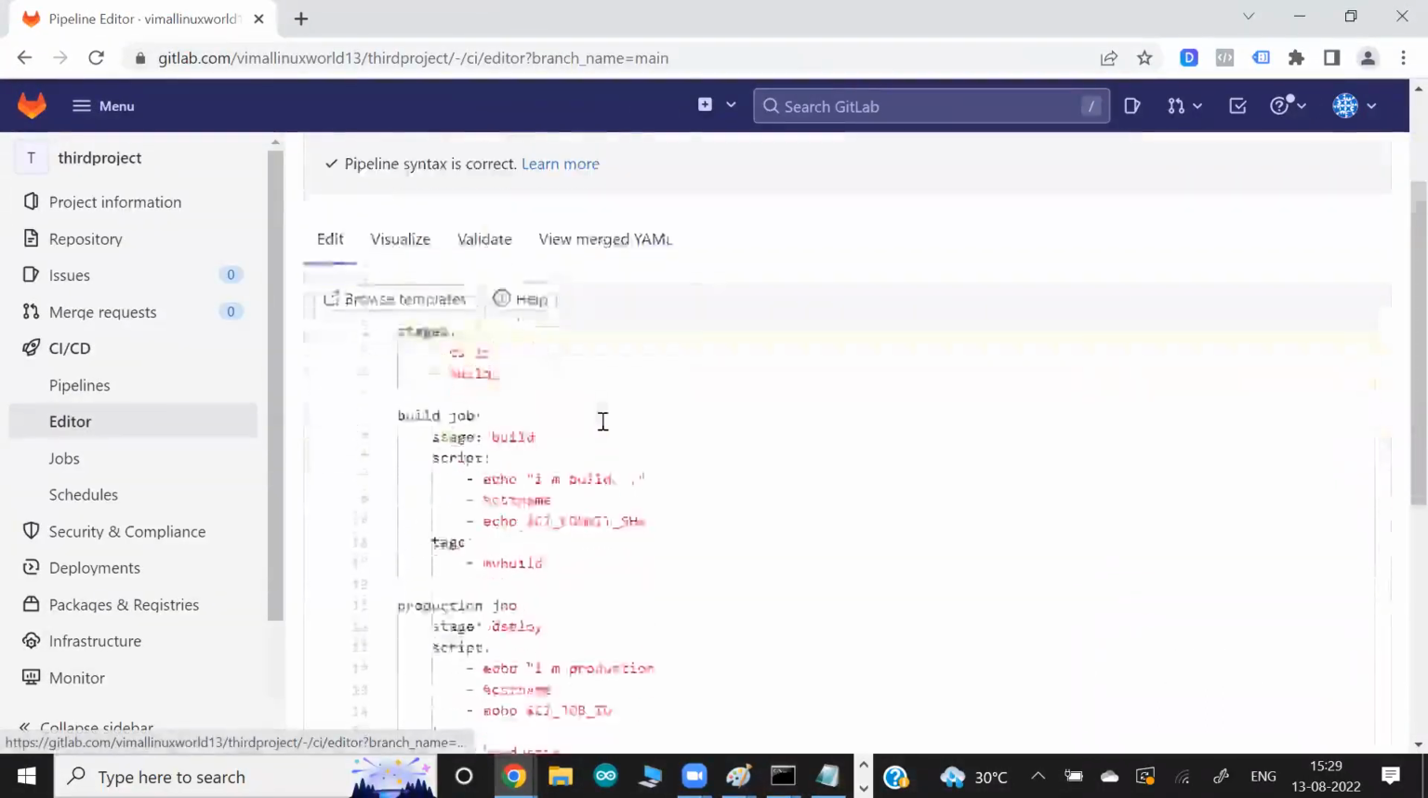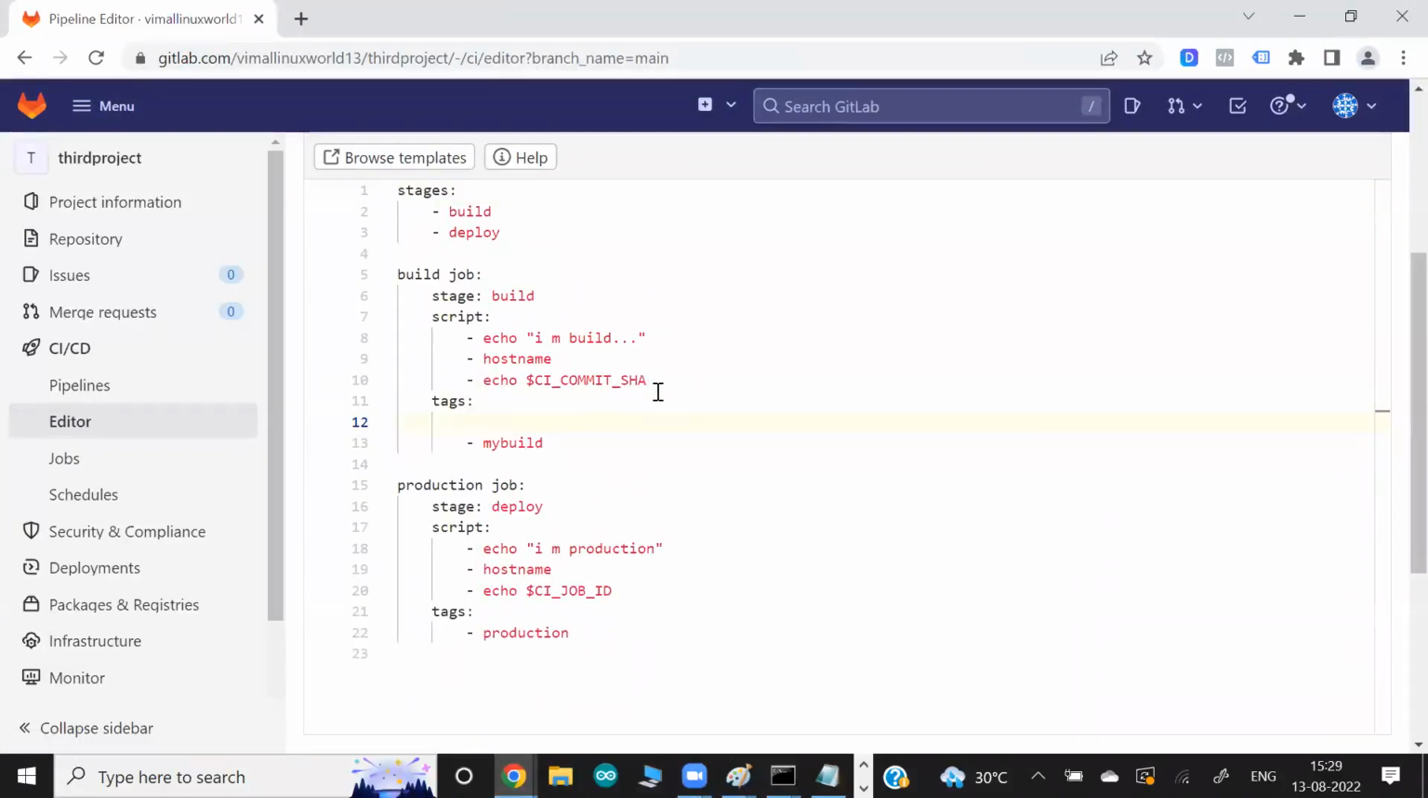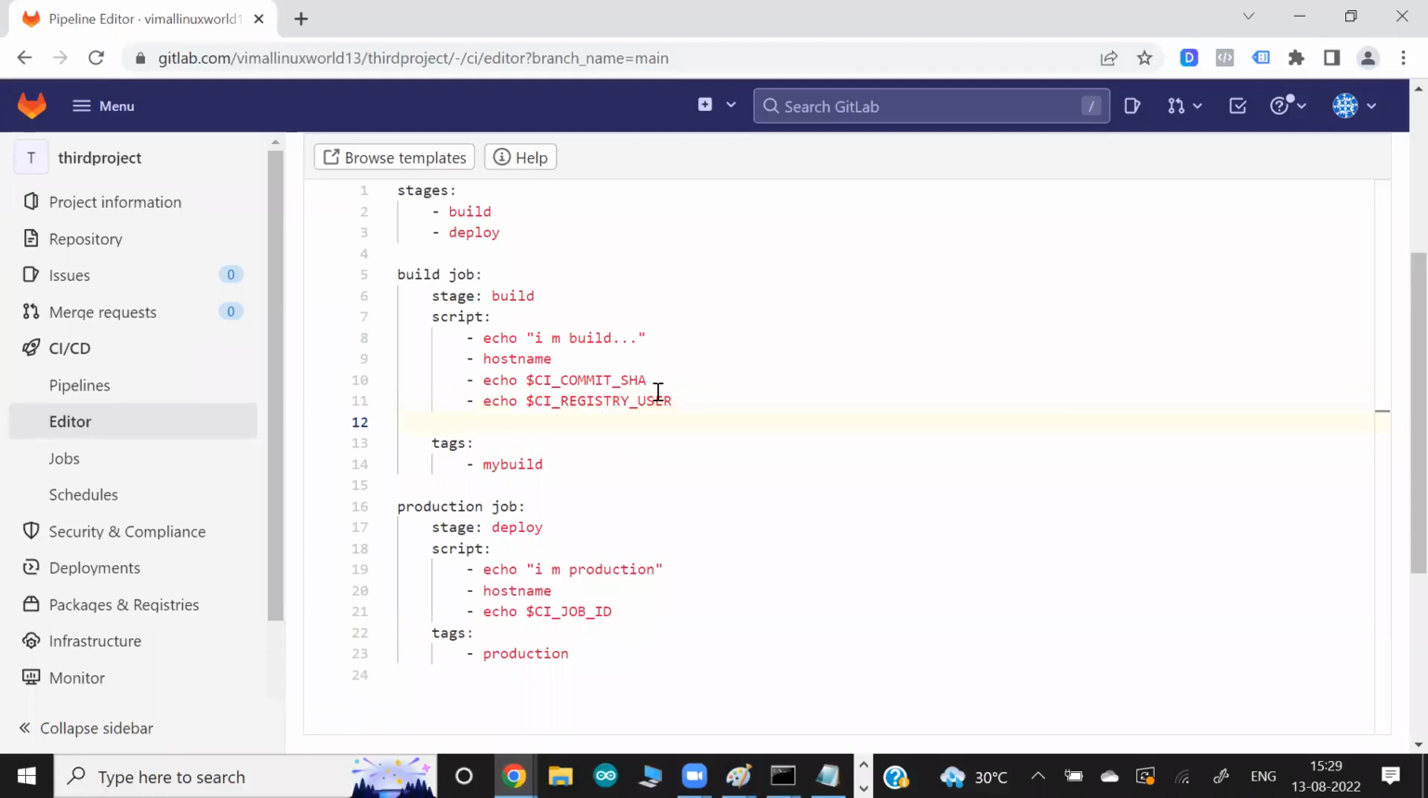So let's say I want to print 1 minute. And why is it important? I'll show you in some minutes. This information will help a lot. So I'm going to print my username. Let me print some more information. I'm going to print